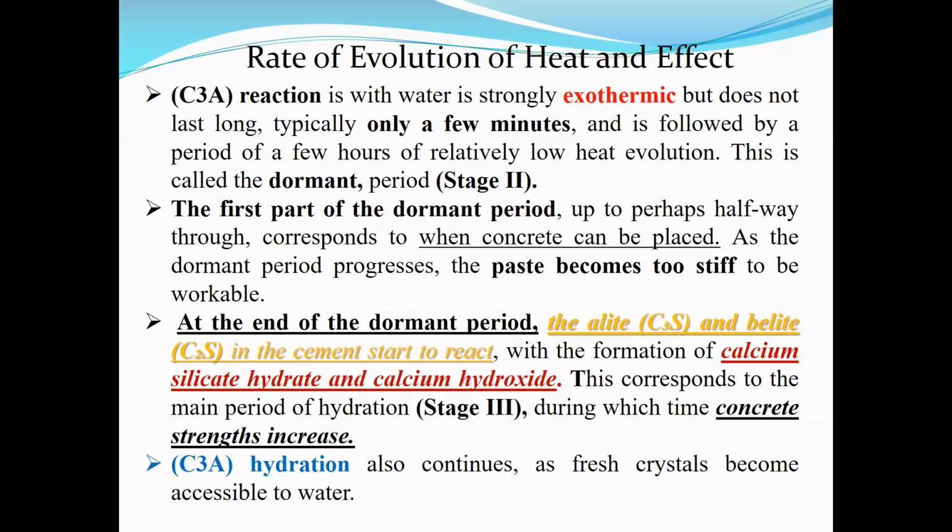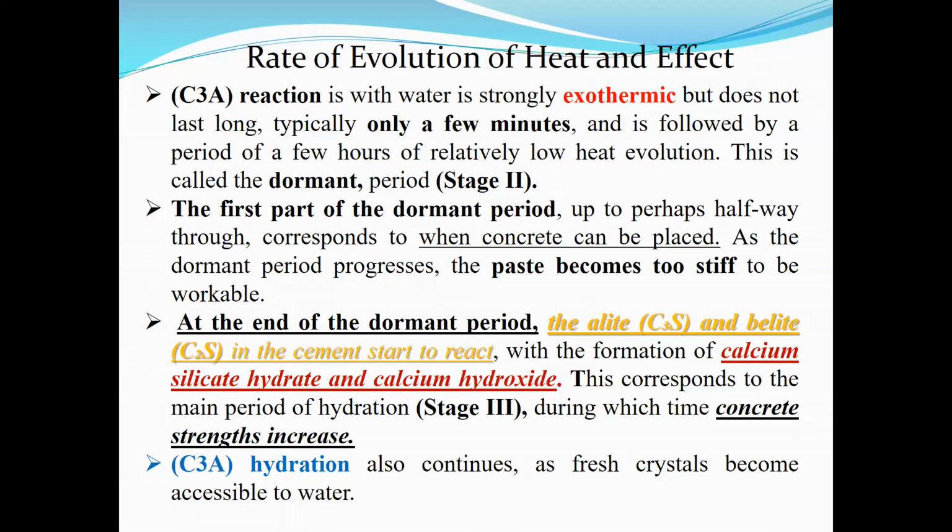That is two compounds, alite, that is C3S, or belite, or C2S. In the cement they start to react. So aluminate reaction এর কারণে কি হলো, হঠাৎ করে হিট কিন্তু বেড়ে গেল, স্টেজ 1 এ চলে গেল, তারপর হিটটা আবার আস্তে আস্তে নেমে আসলো। নেমে আসার সময় দুটো ফেজ আছে। দুটো ফেজ মিলে ডরমেন্ট ফেজ, এবং ডরমেন্ট ফেজের ডাউন ফেজের সময় তোমার সিমেন্টটাকে